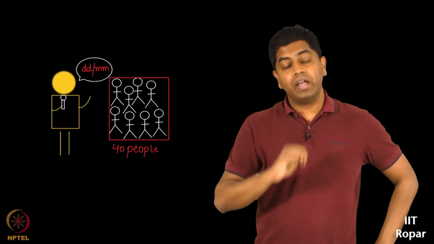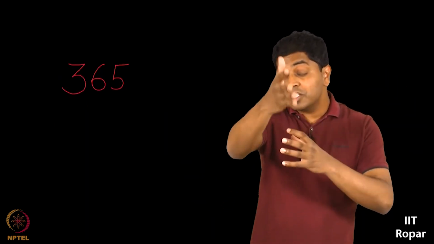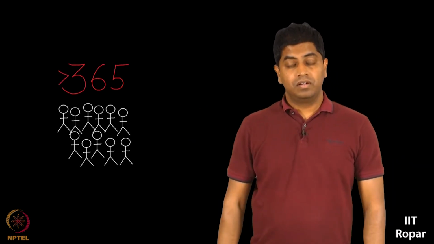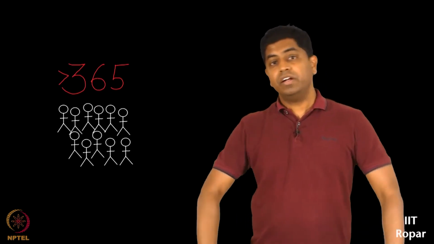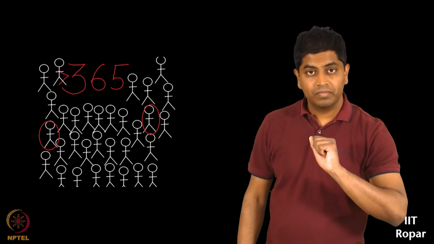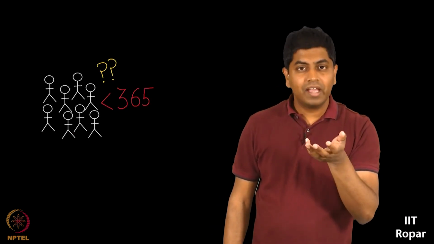If I take 8 people, for sure 2 people will be born on the same day. But if I ask them DDMM, there are 365 possibilities, 366 possibilities if you include the leap year. Unless I have more than this number, assume I had some 400 people, then I know some 2 people will have the same DDMM. If I take less than 365, can I guarantee?